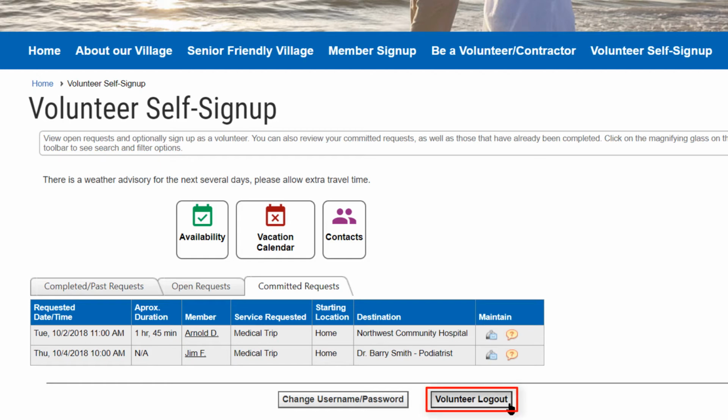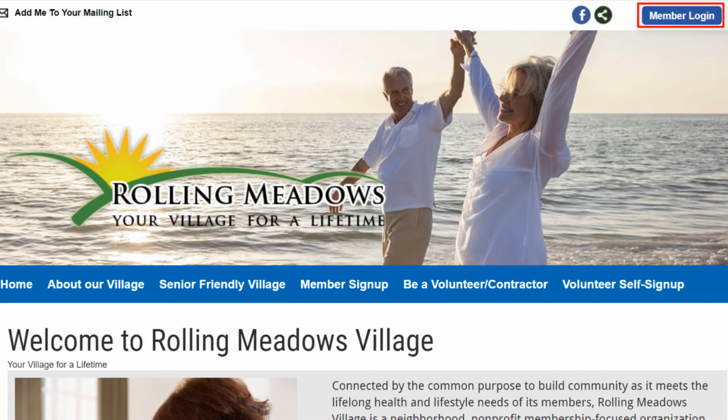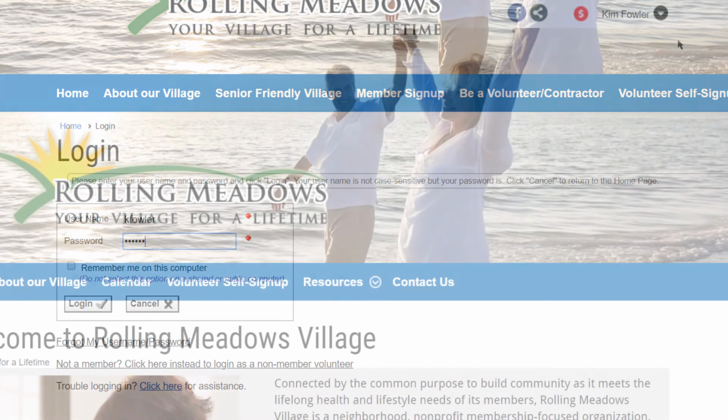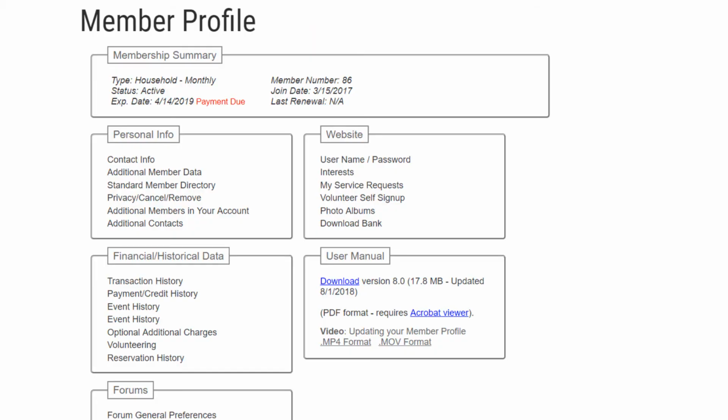So far, we've been logged in as a non-member volunteer. Let's log in as a member volunteer. When a member volunteer who is fully vetted logs in and goes to their profile screen, they see an additional option in the website section. There is a link for the Volunteer Self-Signup screen, which takes them to the same Volunteer Self-Signup screen that we